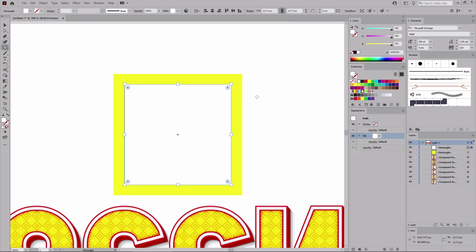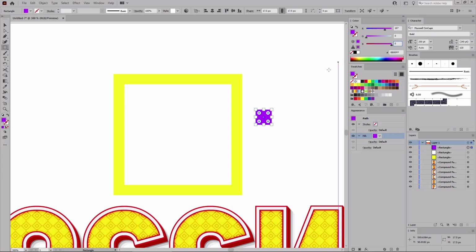Change the color of this new shape to white and then scale it to 117.5. Click again on your artboard to create a 17.5 pixel square. Change the color of this new shape to 187, 0 and 0. Switch to the Move tool and use it to drag this shape in the top left corner of your white square. Now hold down the Alt key to drag a copy of this shape.